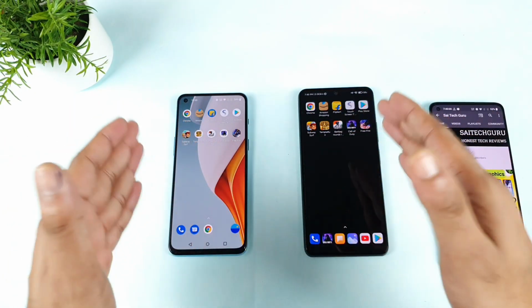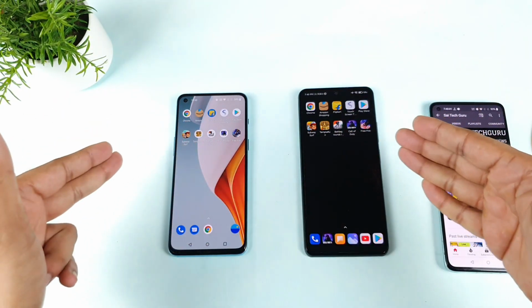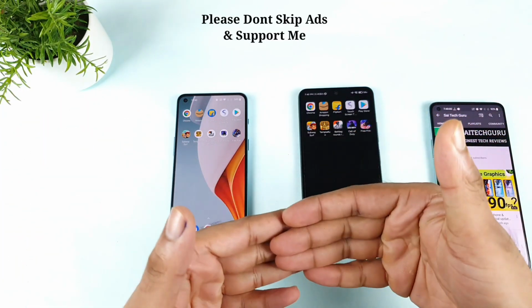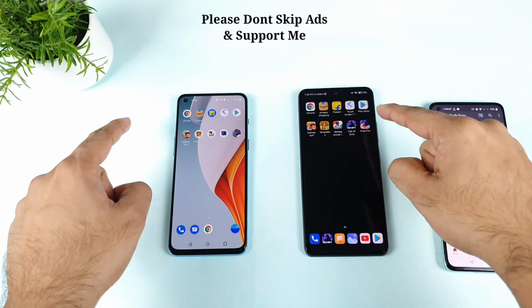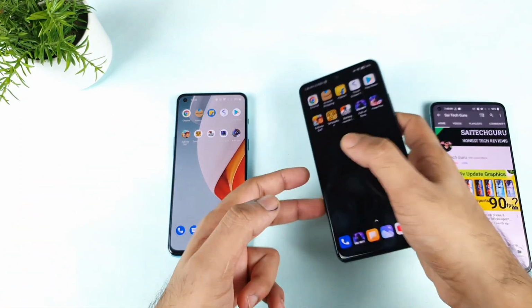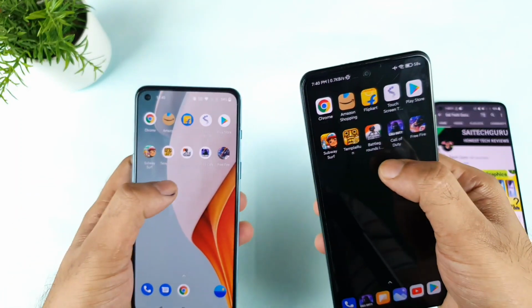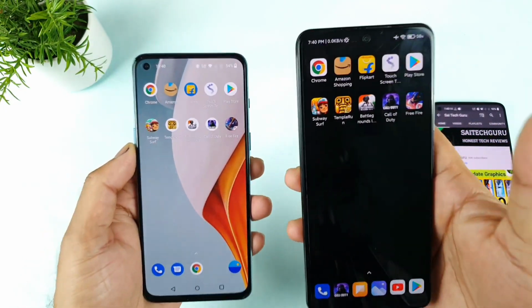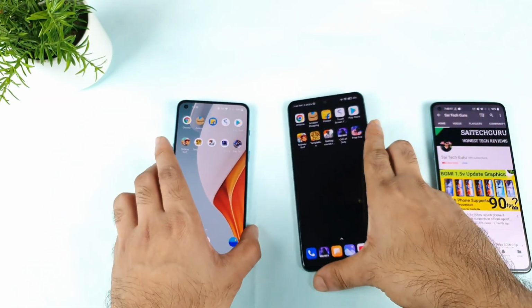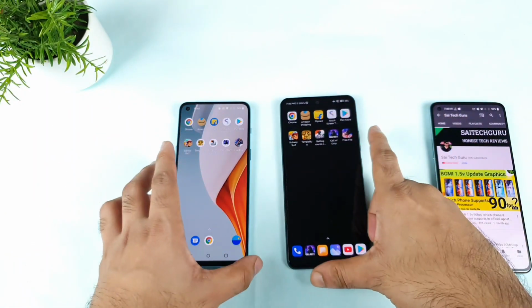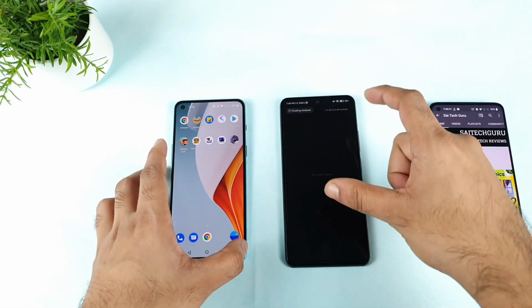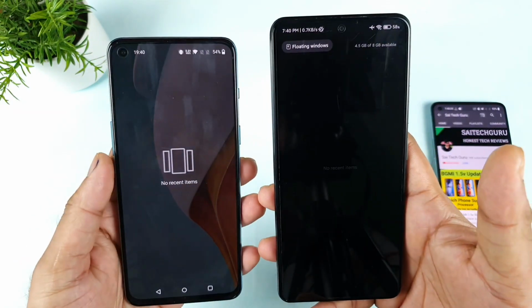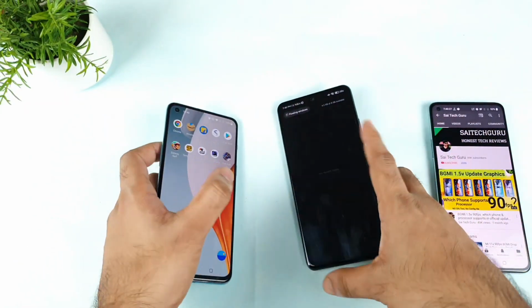Till then, let's see what the speed test will be between both phones, and which phone has really good RAM optimization to store all these 5 games and 5 applications. As you can see, I did include the big games as well, Battlegrounds Mobile and Call of Duty. Let's see which phone will be able to open these games and applications faster and keep them in the background memory. First let me clear everything from the background. All the apps are completely clean in both phones, that's perfect.